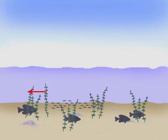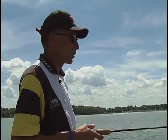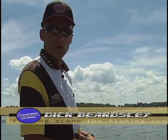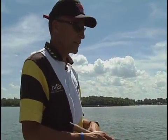Now, people ask me, why are those fish up so shallow? Well, a couple reasons could be. One is that there could be some bait fish up in there, hiding up in those weeds. Plus, those fish will get down in those weeds where it's shady, and then you're pulling that bait across the top of them. And remember, with a fish, especially like a crappie, the way their eyes are situated on their heads is that,